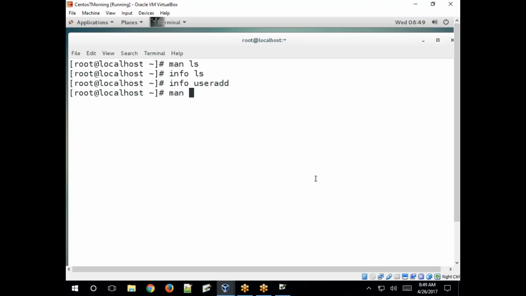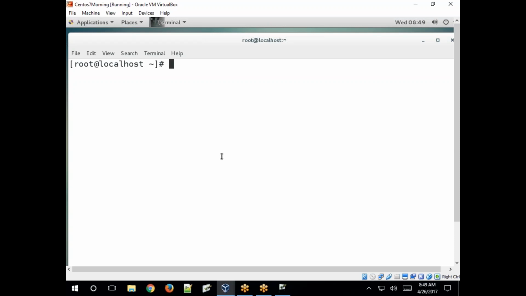Clear? Info, man, both are very important. Clear? This is the ls command to list files and directories in long list format, hidden files, based on timestamps, reverse order. Clear?